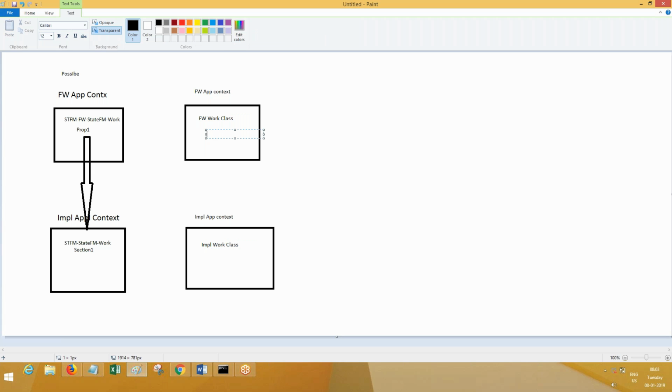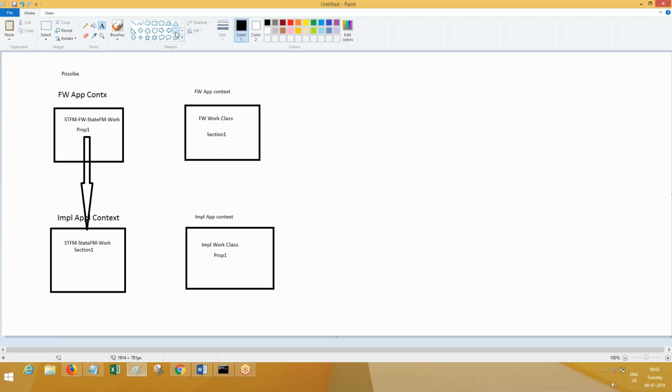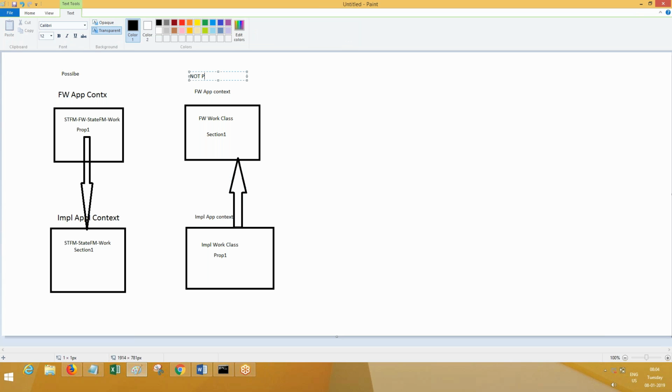Now you have a property here and a section here, section 1. Here you have property 1. Now you have to include the property in the section. That means this is reverse. Is this possible? No, not possible, because only class inheritance we are seeing as of now. Class inheritance is not matching. A child class rule, you cannot get into parent classes. Is this clear to everyone?